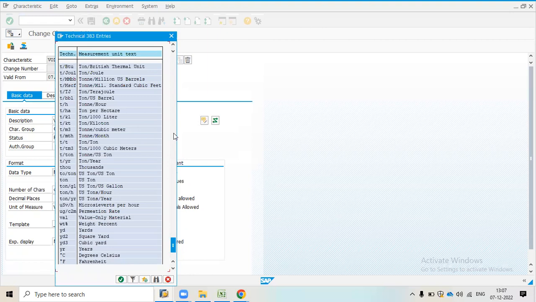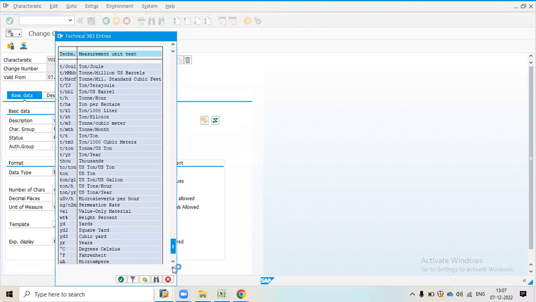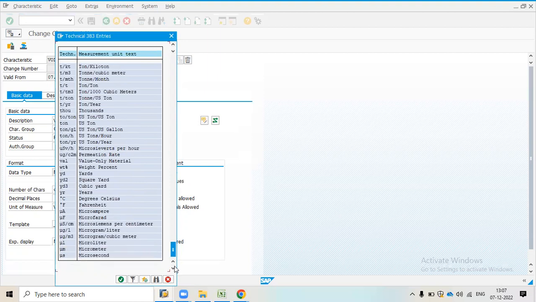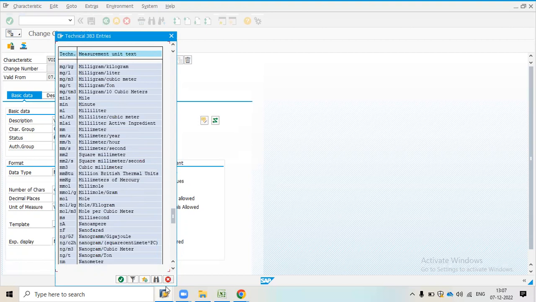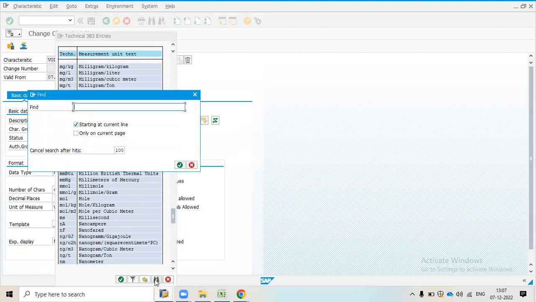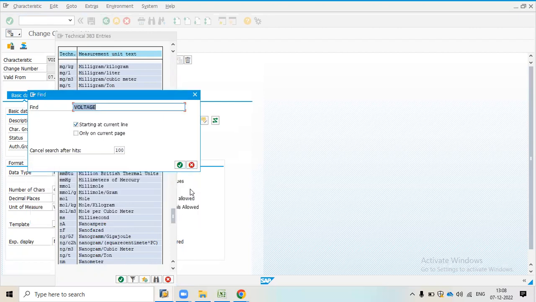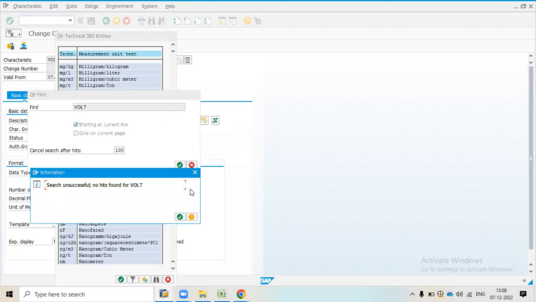It is not showing, so I will try to search. It is not showing EOLT volt.